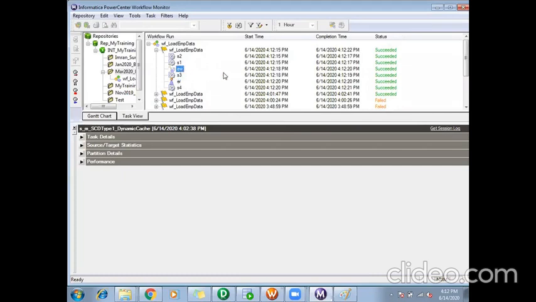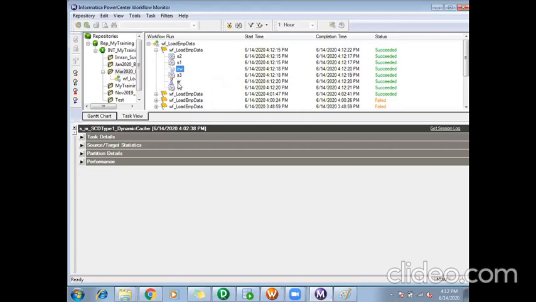If you closely see the timing, though it will be just a matter of seconds, you can see it. S1 and S2 started at 12:15 and they ended at 12:22 and 12:17. Event wait started at 12 minutes 18 seconds. But it completed at 20 seconds. So it waited for 2 seconds. Why?